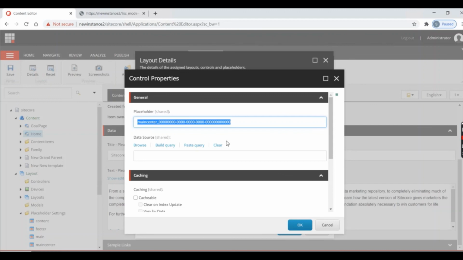Based on these three things, the unique key is generated. This unique key helps identify the component and keeps its data source unique. That's it.